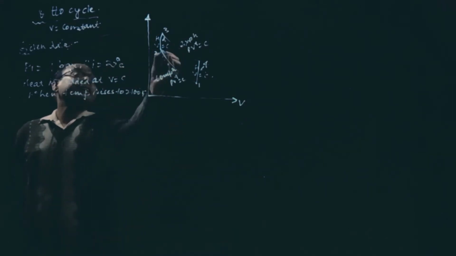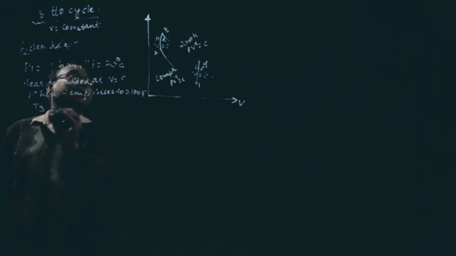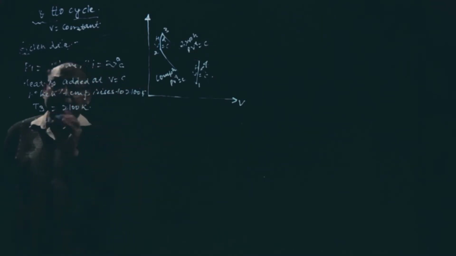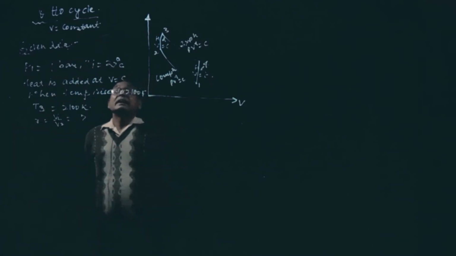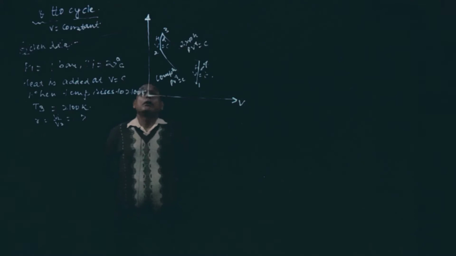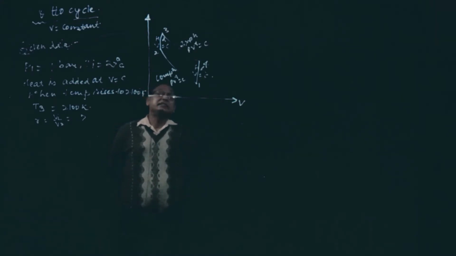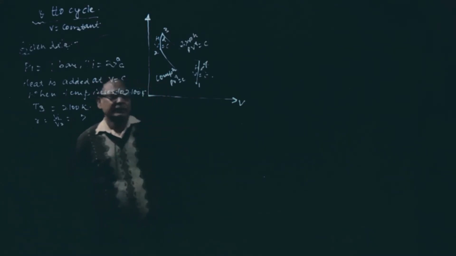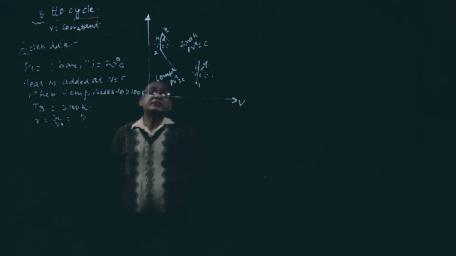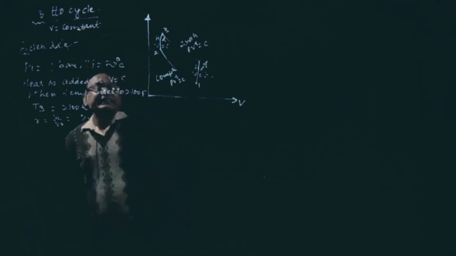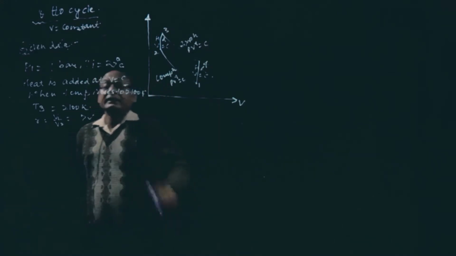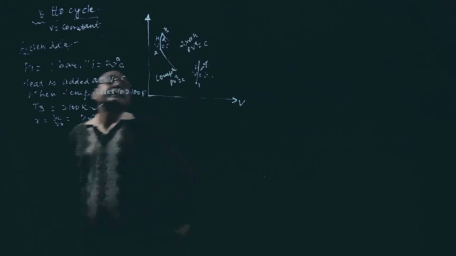So heat is added from 2 to 3. So T3 is nothing but 2100 Kelvin. Now the compression ratio R is equal to V1 by V2, and it is 7. That means a cycle working on the Otto cycle has pressure 1 bar and T1 27 degrees centigrade before compression. The compression ratio is 7. Heat is added at constant volume till its temperature rises to 2100 Kelvin, that is T3. This one I have written here.